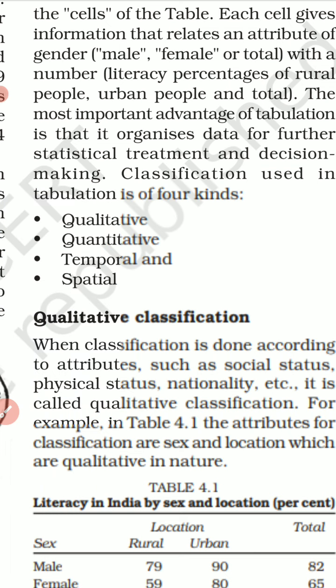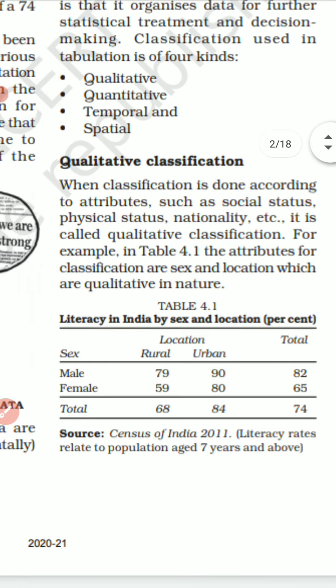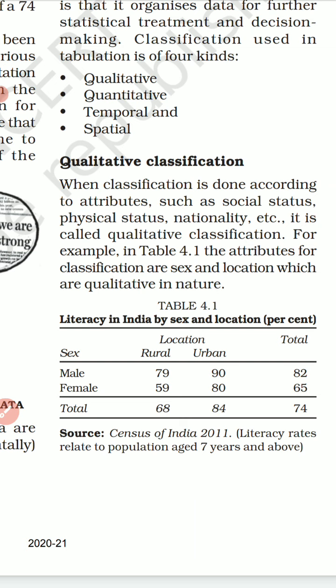So you already know that qualitative classification means that some kind of attributes are shown in the table. For example, you can see the male, female, rural, urban data. So you are showing some kind of qualitative feature in this table. So this is called a